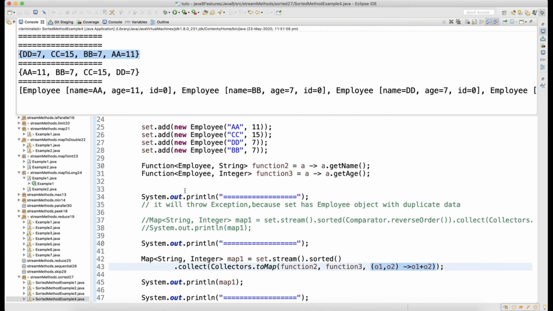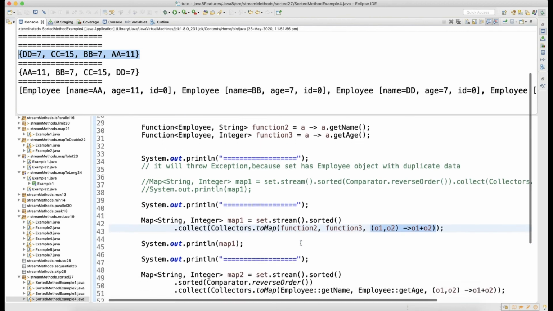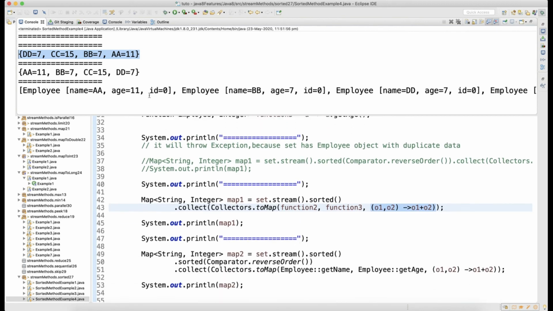Okay, but the second one, if you look at the sorted dot reverse, the order got reversed. Because whatever sorting you have done, just reverse the order. So whatever A you have in the last, A comes in the beginning. You can see that whatever map you had in the previous output, it got reversed. In the second it got reversed. That's how you can understand, right? And again here it is the same 11 7.